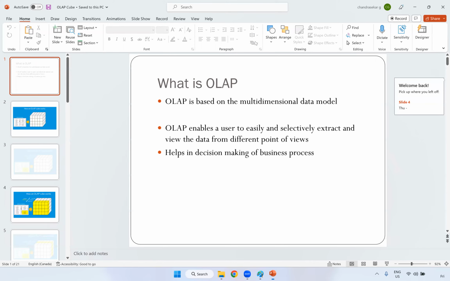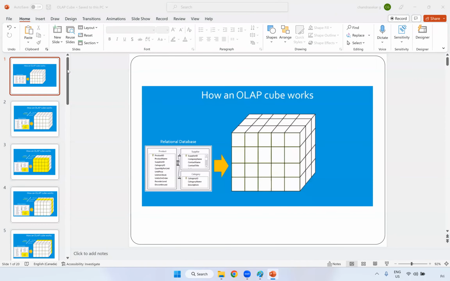OLAP cube. Okay, so what is an OLAP cube? If you ask what is an OLAP cube, a cube is nothing but your data warehouse environment. It's like you are having a data warehouse, right? If you take a data warehouse, we are going to analyze this particular database,